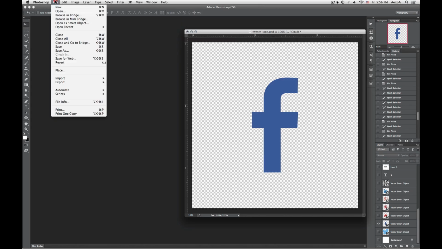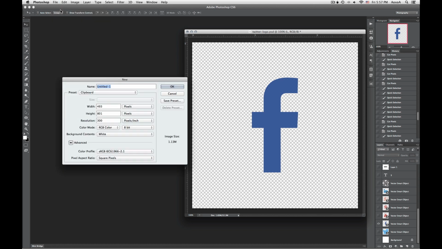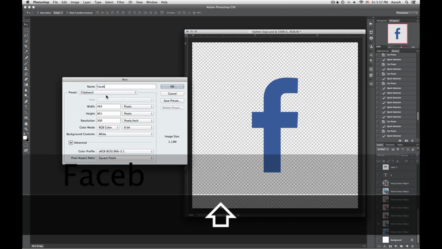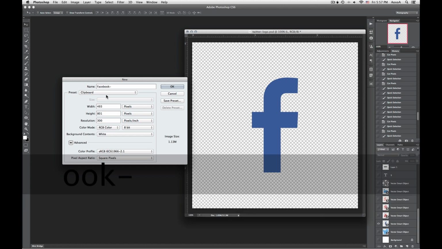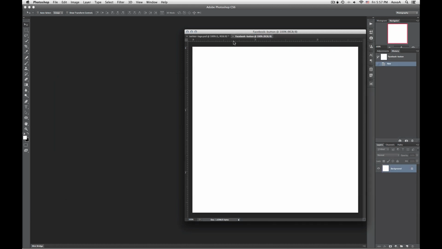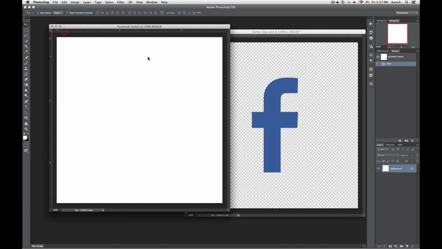Okay, so we're going to create a new document and label it something like Facebook button, and I'm going to use 800 for the width and height. You'll see that I've already got my logo document open, ready to go. We're going to start off by creating a new layer, and create our button shape by